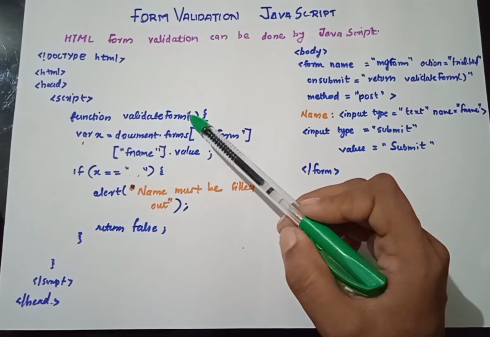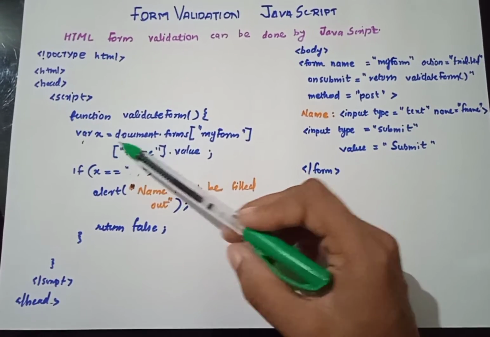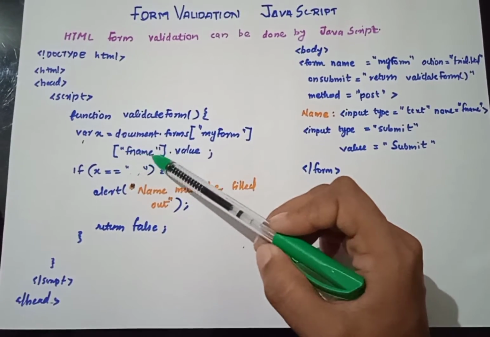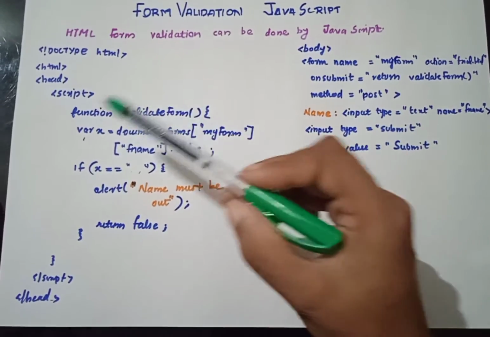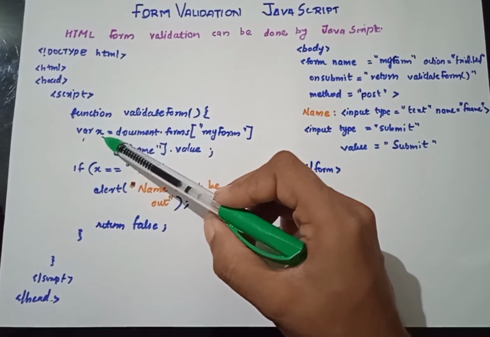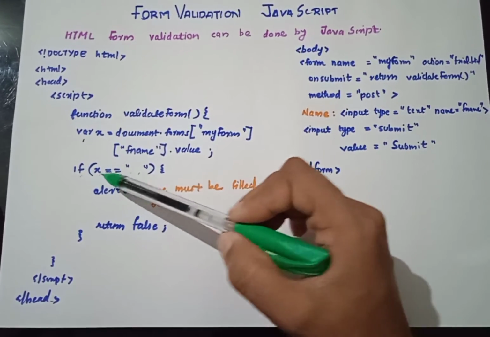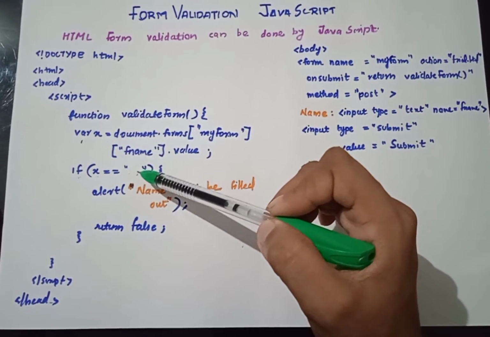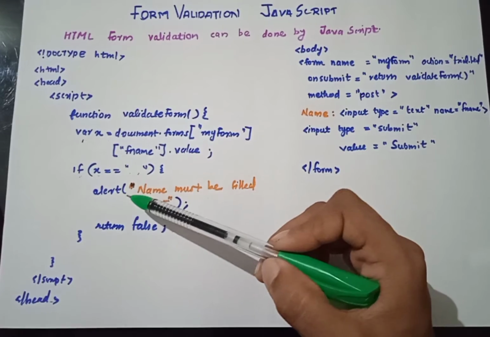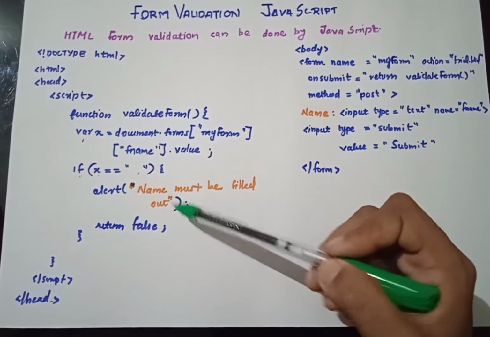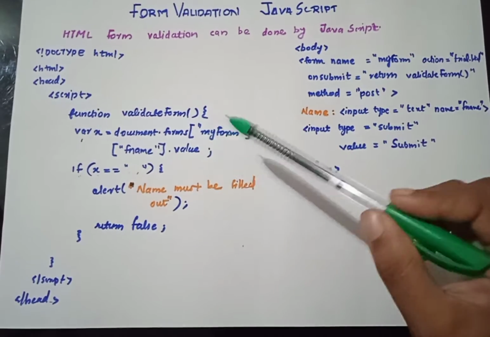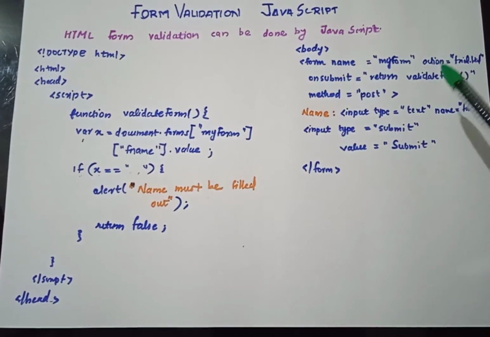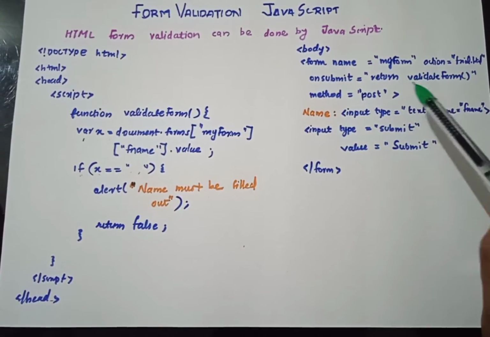this function name suggests what? You have to first get the value from myform into the variable x, and then check whether this x is null. If that is true, what will happen? It will send an alert message and return false. Okay, so that is the function we defined, and that is what it calls.